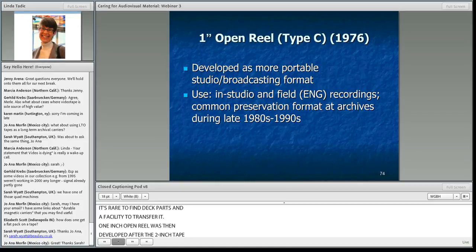Here is 1-inch tape width. Here's, I think that slide somehow is gone. Oh well. The tape width, 1-inch again compared to the 2-inch. The summary is that it is obsolete. However, you can find used decks and parts because it had such wide use in broadcasting. So there are many decks that are still out there that can be found.